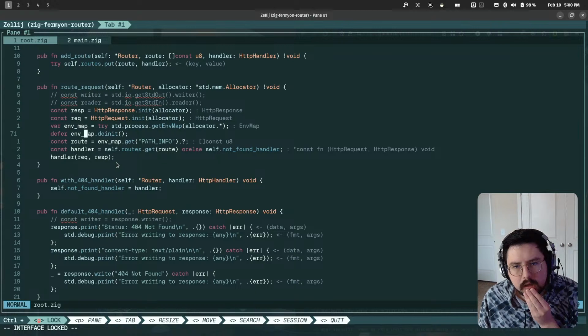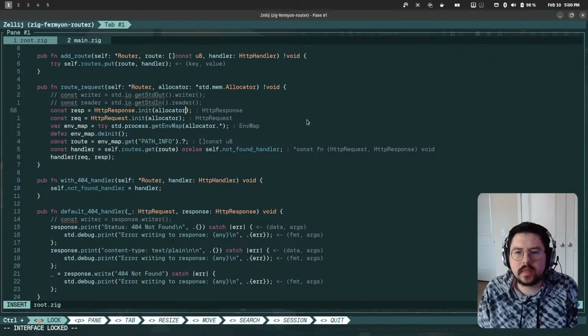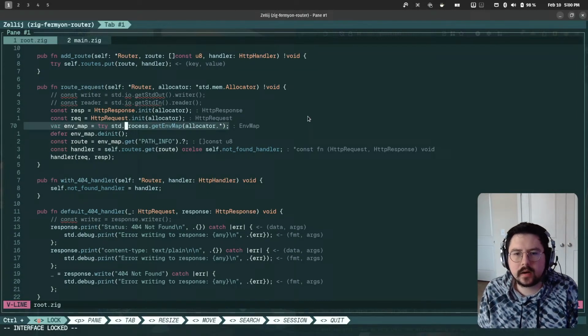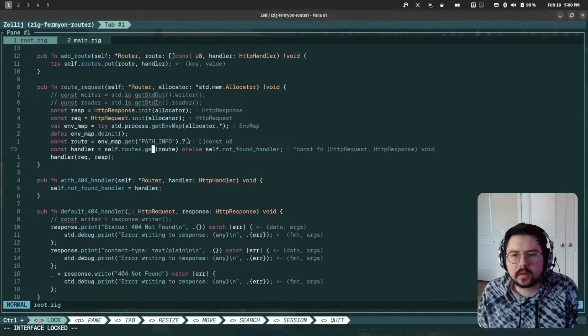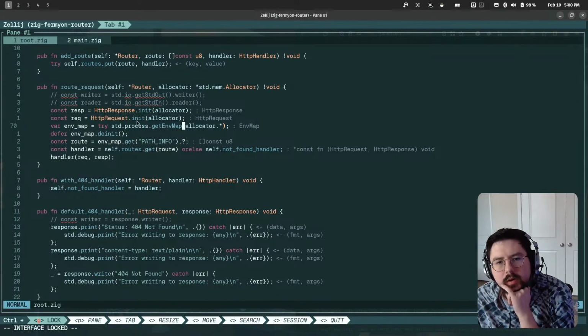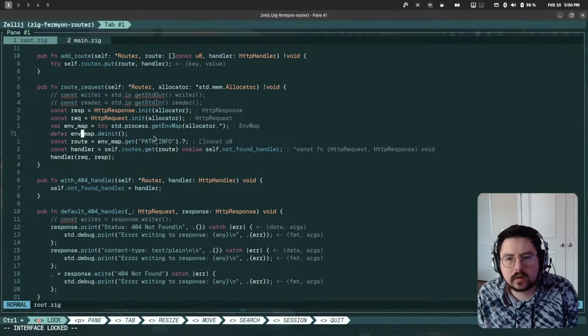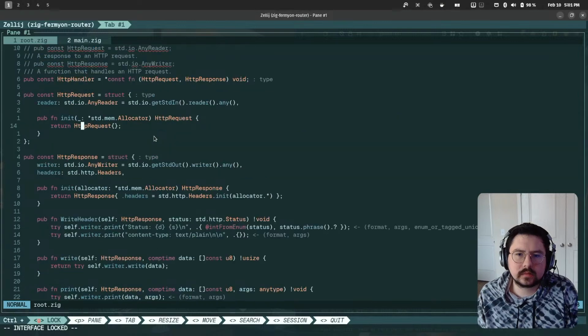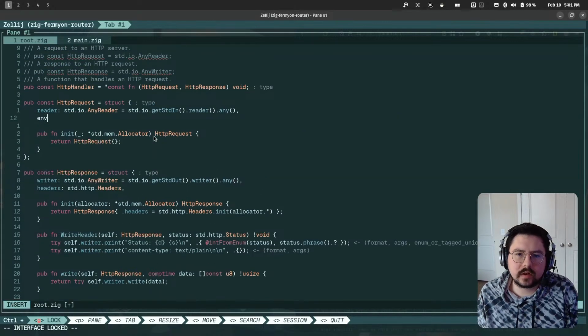And then the other thing is we'd want to put that gets initialized at the allocator, and then we can move this into the request. So the env map part, this part up. Ooh, maybe we don't though, because we're going to get it anyways here, and then we can just pass it down into the request, or the request. So envars